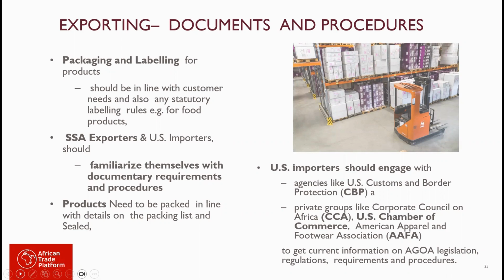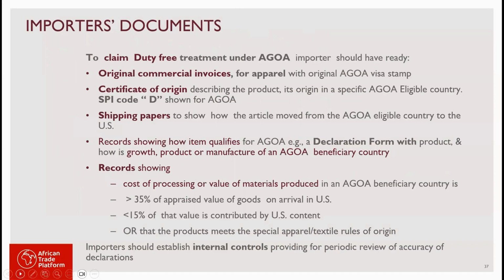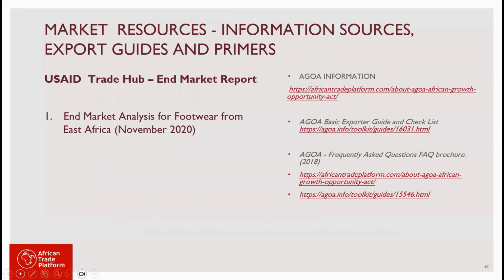So my last couple of slides is just to give you some resources, and we'll share these with you. Resources on trade shows, and one resource on an end market study. And then we also have resources on some of these places you can go to for online information, some free and others not so free. So you can have a look at those, and I'll be happy